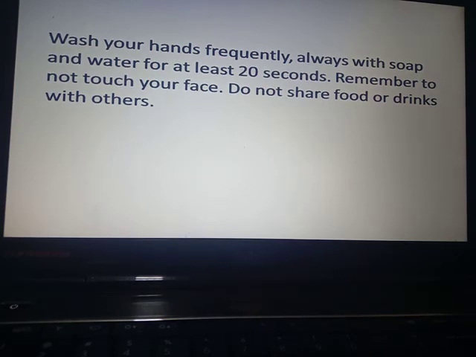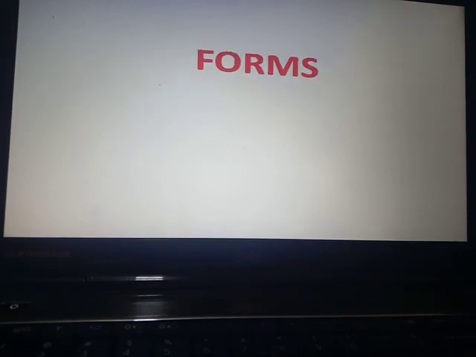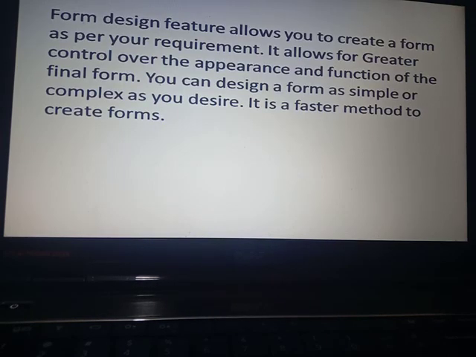So let's start today's topic, that is forms. We will continue the previous topic, forms. Form design features, this is the next feature. Form design features allow you to create a form as per your requirement. It allows for greater control over the appearance and functions of the final form. You can design a form as simple or complex as you desire.